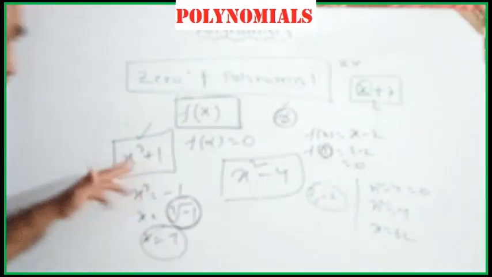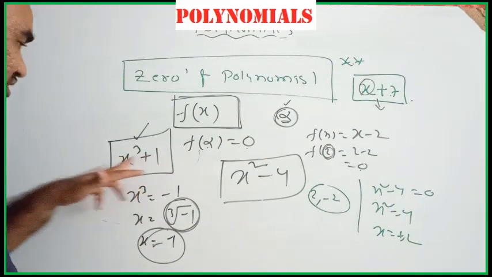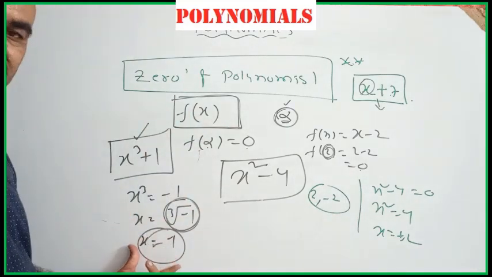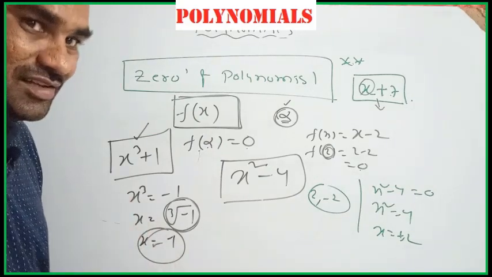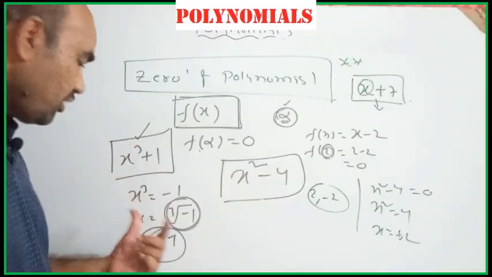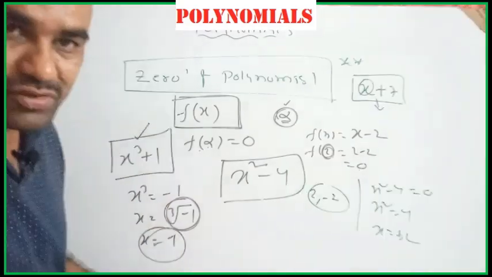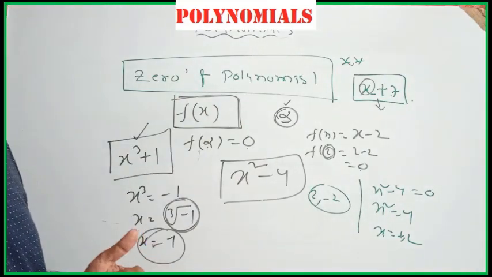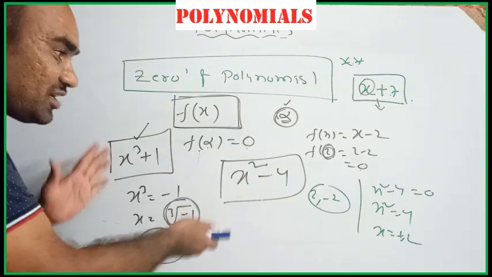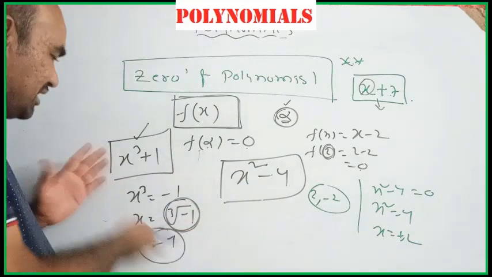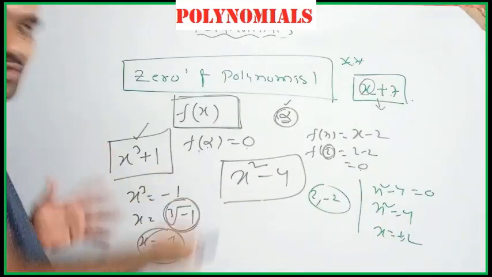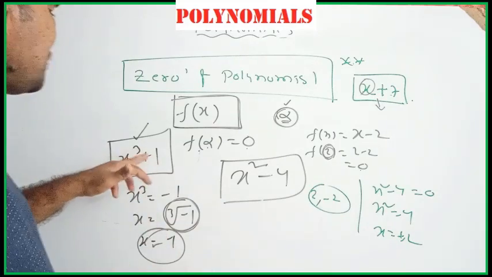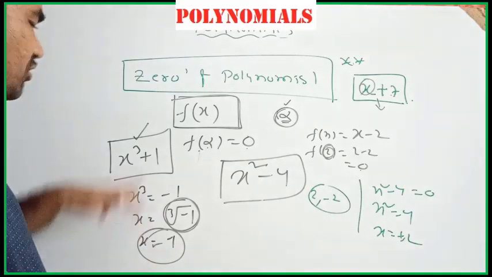But what happened here? This is a third degree polynomial. It should have 3 zeros. But what did you get? We got only 1 zero. What is the meaning here? You are getting 1 zero, so what happened to the remaining 2 zeros? It means the remaining 2 are complex zeros. So by using this method, equating to 0, you can find real zeros. So x cube plus 1 is given, we want to find the zeros. What did I do? X cube plus 1 equated to 0, x cube equal to minus 1.